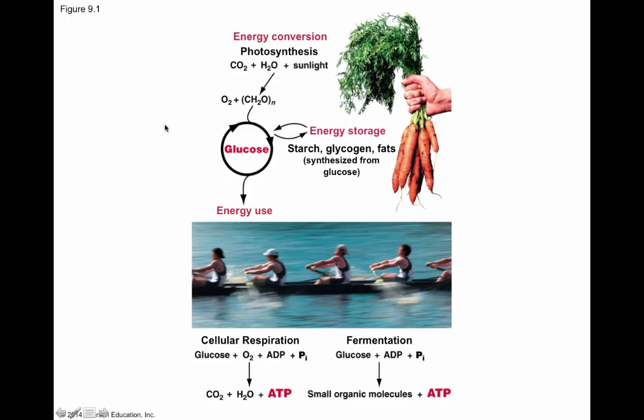In addition to the pathway being flexible, I really want to point out to you all that cellular respiration and photosynthesis really support one another, and that ultimately all glucose comes from those organisms that can carry out photosynthesis, things like plants or algae. They are always at the base of the food chain, and so we're going to talk about both of these processes. Photosynthesis is where we build a sugar. Okay, so we take CO2 and water using sun energy, and in the presence of oxygen, we build a sugar